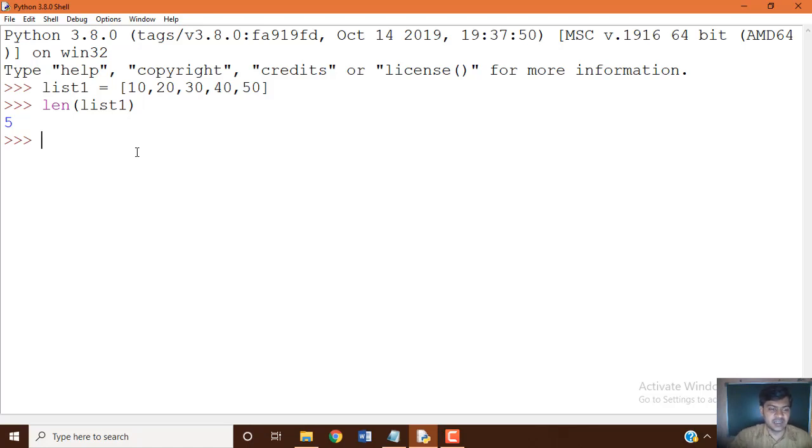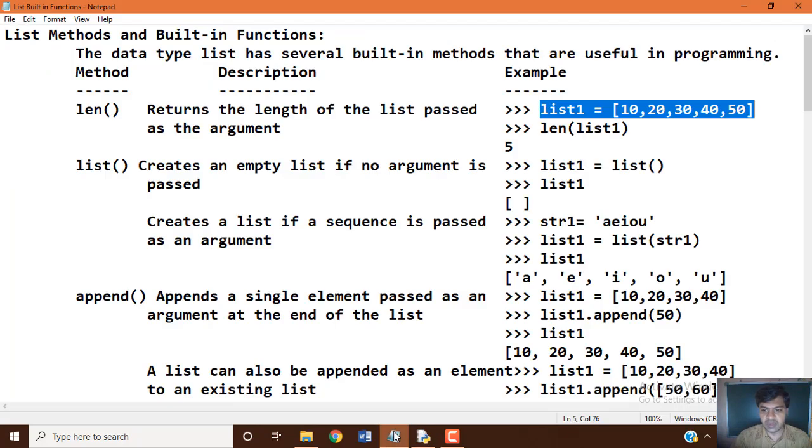For index, you can see the index number which was allocated, so just use list 1 of 0 index. Let's see, 10 is at index number 0. Same like that, we can use string values also. Length means len. Not only this, you can have string values also, which you can observe in how we execute that particular string.